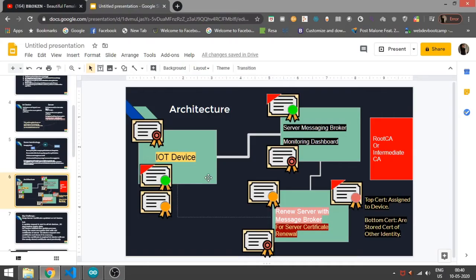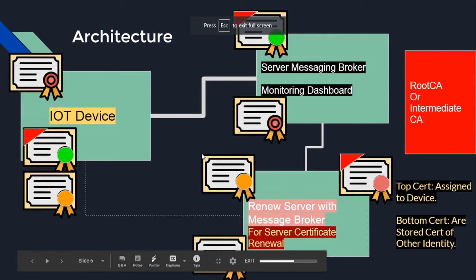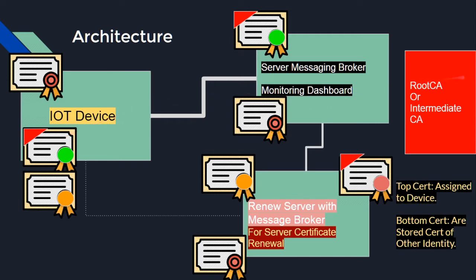The other thing that I'm trying to explain is the difference between a self-signed certificate and a certificate that is signed by the root authority. All those certificates that are seen with this red mark are authenticated by a root certificate, whereas all the self-signed certificates in this architecture are signed by the company that is providing the IoT solution. The self-signed certificates are not bound to expiry, while all the certificates signed via the root certificate are bound to expiry.